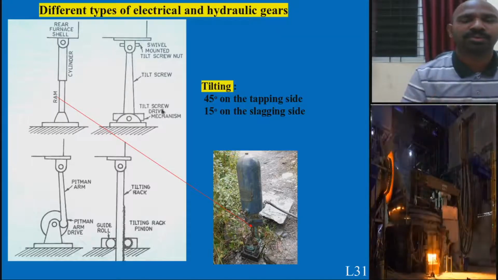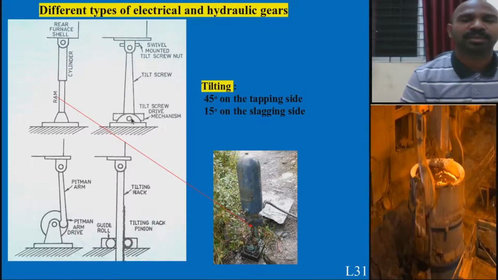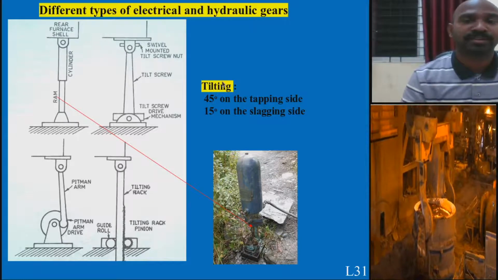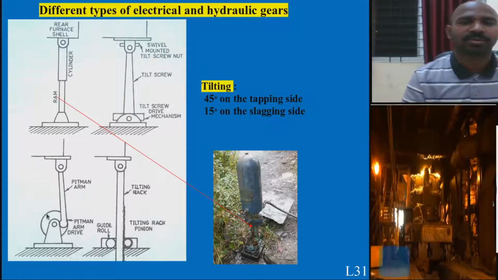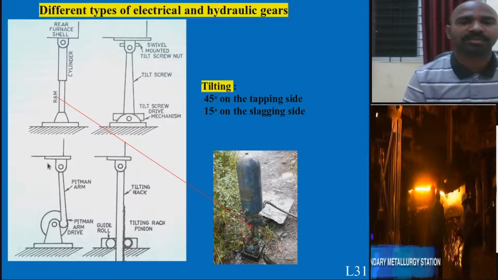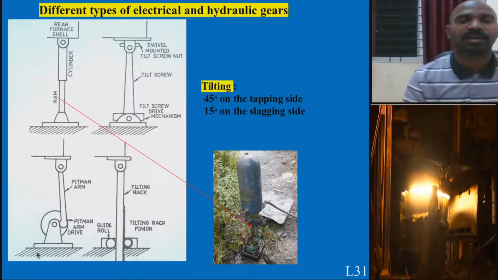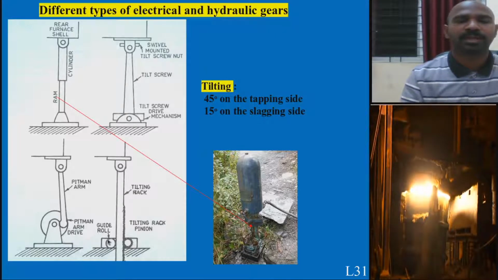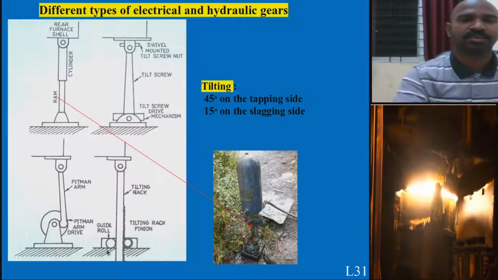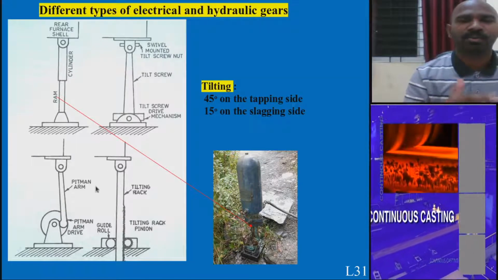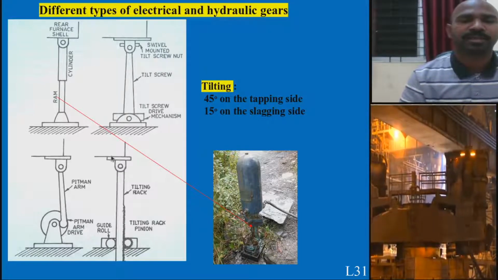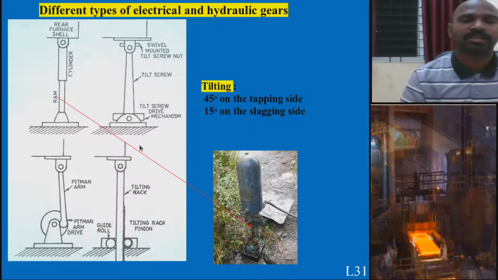There is another thing called screw driven motor. The screws are tightened and it will be tilted to either side. And another model is the Pitman arm. This particular arm works with a wire mechanism. It is driven either towards this side or the opposite side, anti-clockwise or clockwise, and this is with guided rolls. When you rotate this particular roll, it will move this side, and when this is operating, it will move this side, either for tapping of molten metal or tapping of slag.